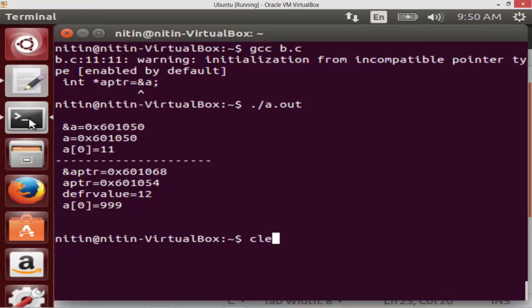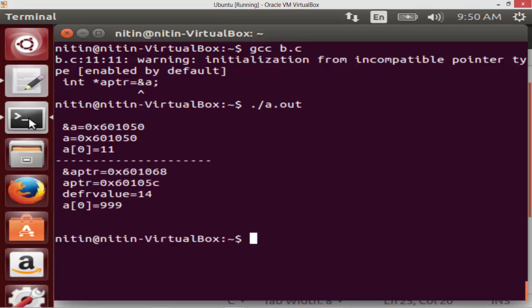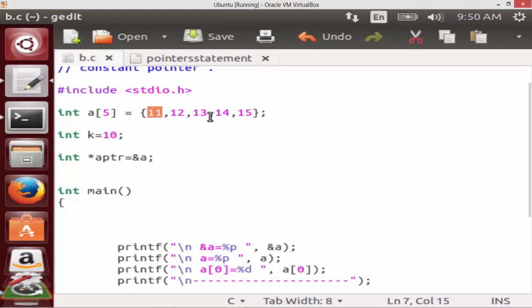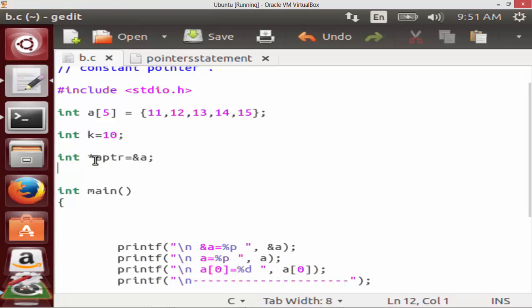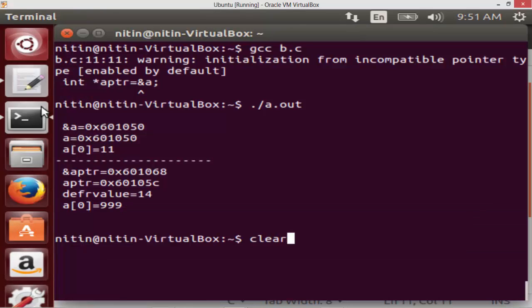So I am getting the value of 14, which means that I am now using the pointer to traverse through the array, correct? But I still have to take care of that warning. What that warning is saying is that this is an incompatible assignment. If I want to make it a compatible assignment, because I have given AND here, instead of AND I will give A. Now when I do that, I should get rid of the warning, because it is a homogeneous assignment.